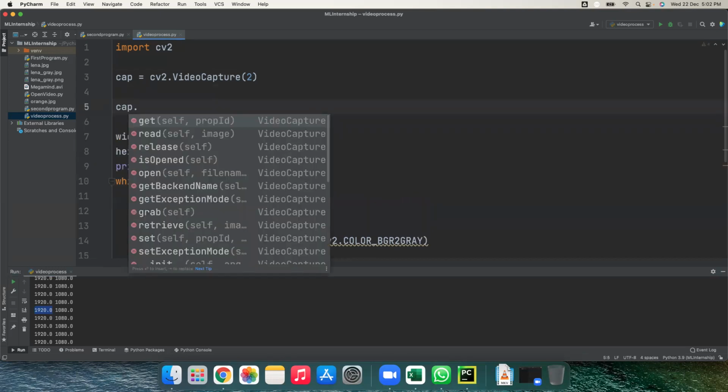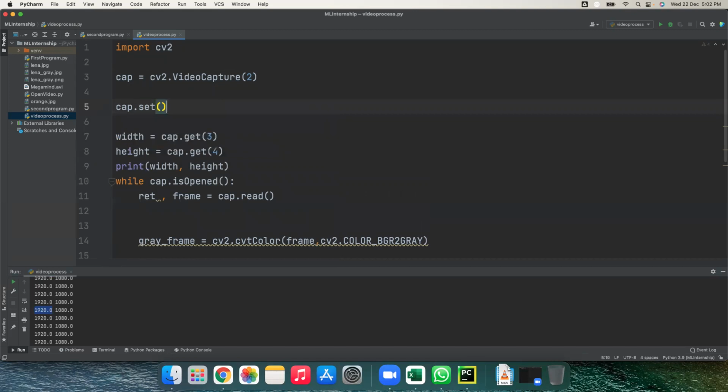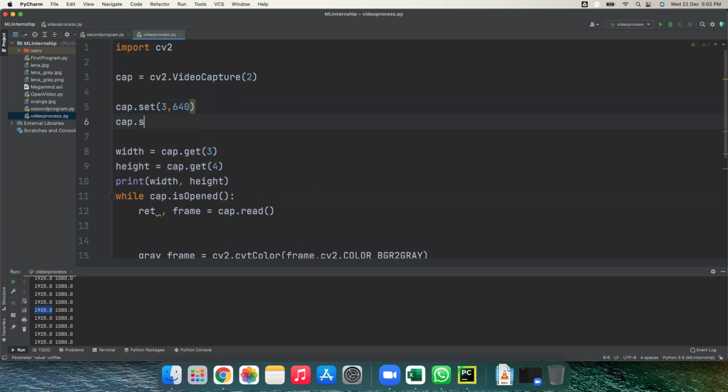There is a function called set, cap dot set. Which property do you want to set? 3. And what width do you want to set? Now I want to set the width to the standard VGA, I think 640, and height I'm taking as 480.